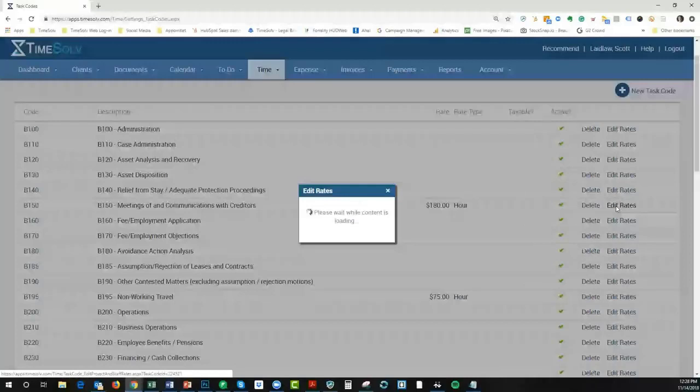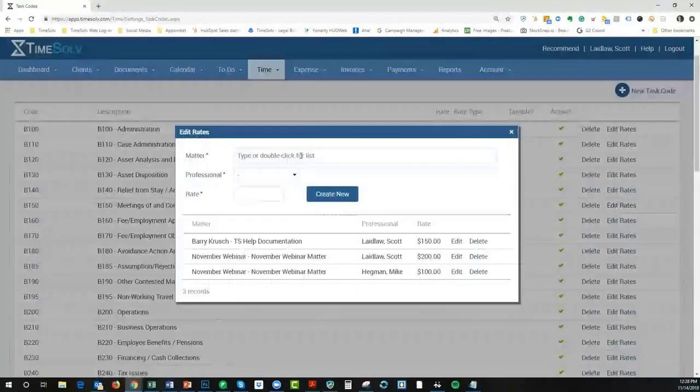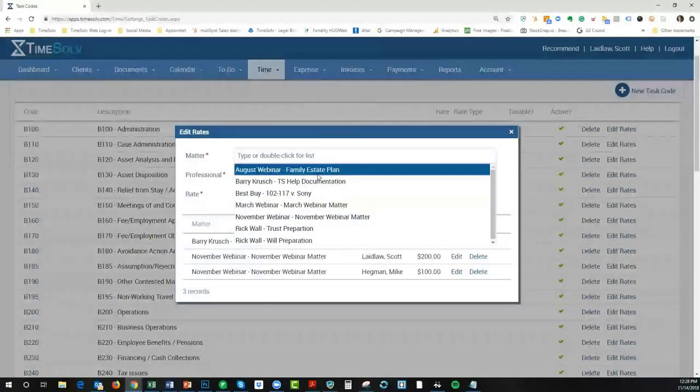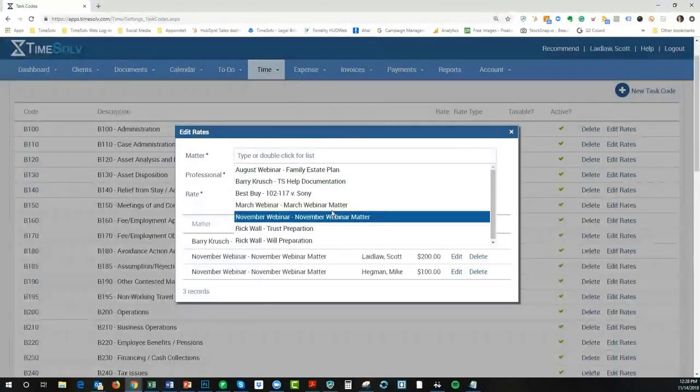Okay, so if you come in here and edit rates, this is where you can say, these are all the matters. If I double click, it's going to show me all the matters I have that I've chosen task as a rate for. And you can see it's just a handful, but it includes